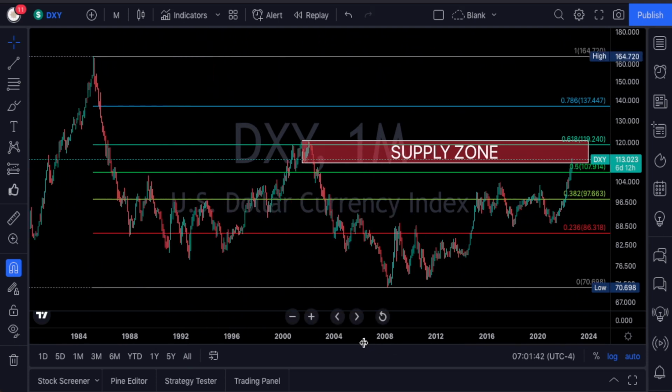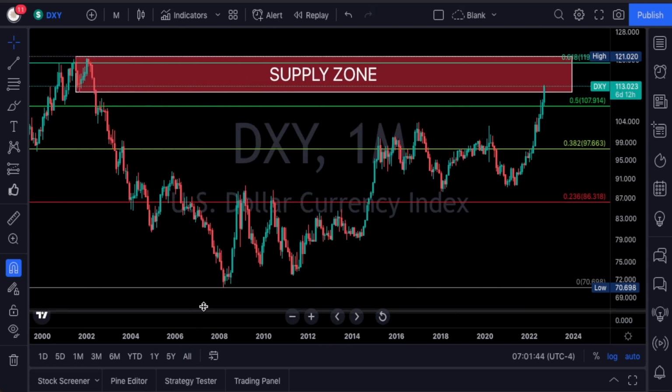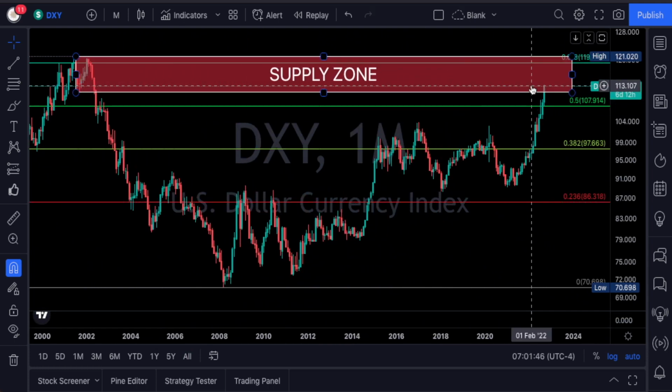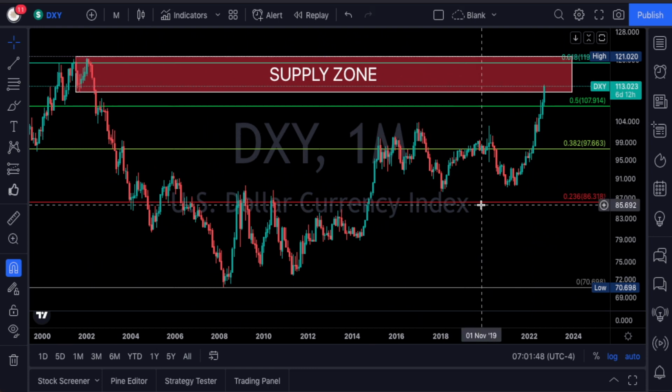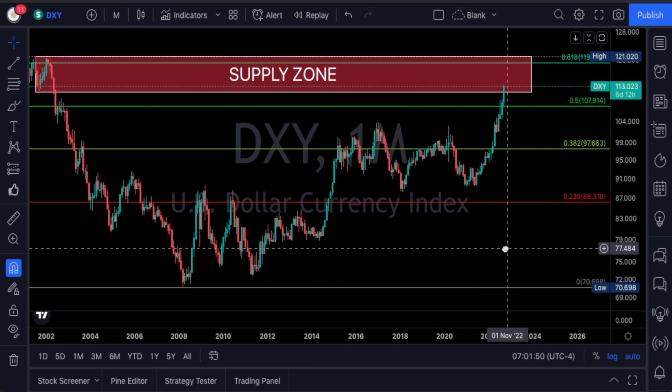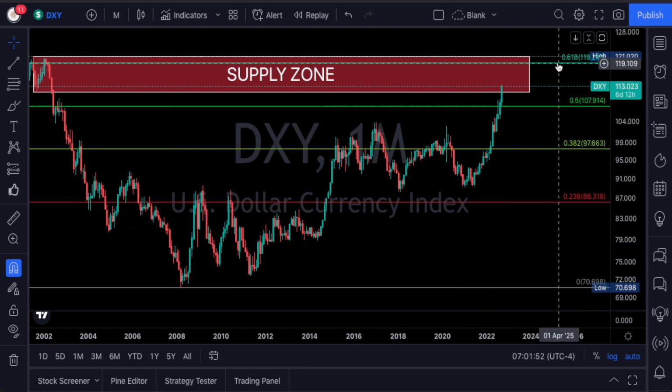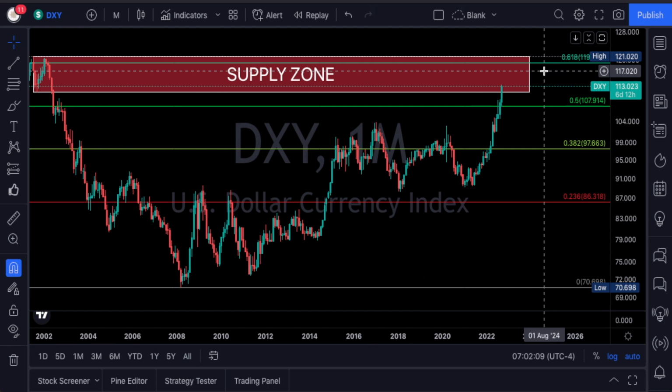So I wanted to go even further back and just see levels that you want to keep an eye on. As we get closer, we hit a target of 117, and now there are some new targets that I wanted to show you. This is the 61.8 level. Using this data, the 119 is going to be your 61.8. The 117 area is the 50%, which we call the center of gravity.